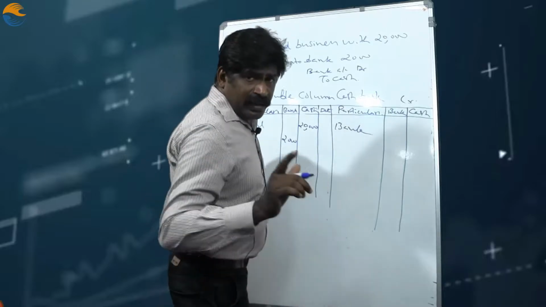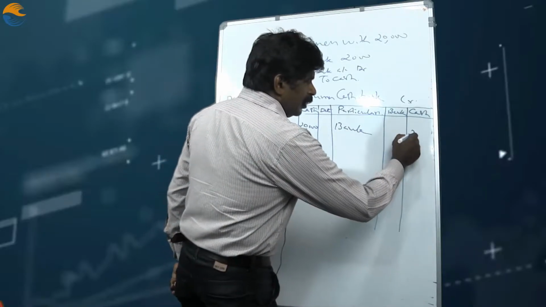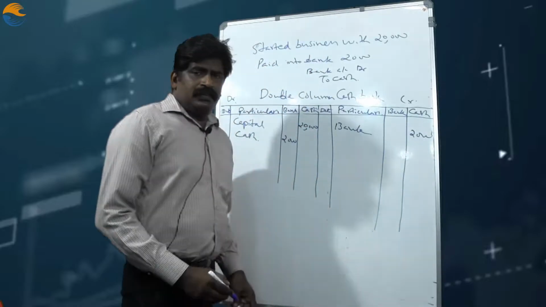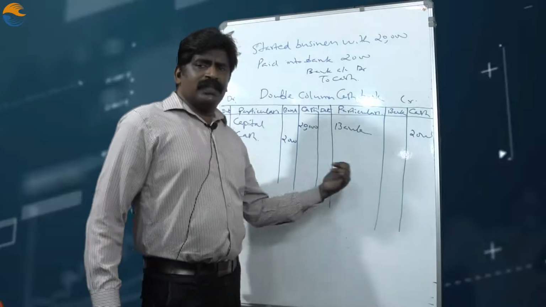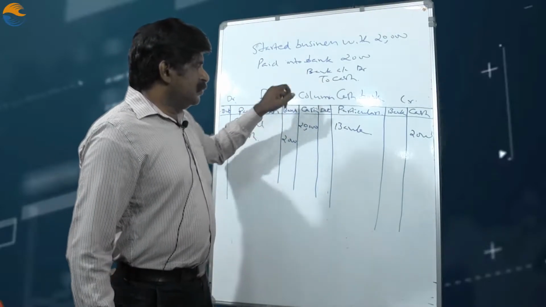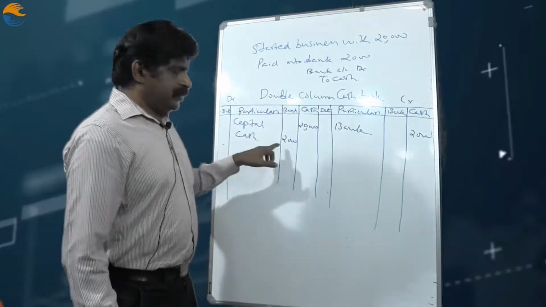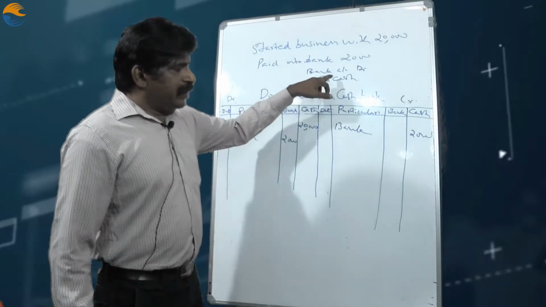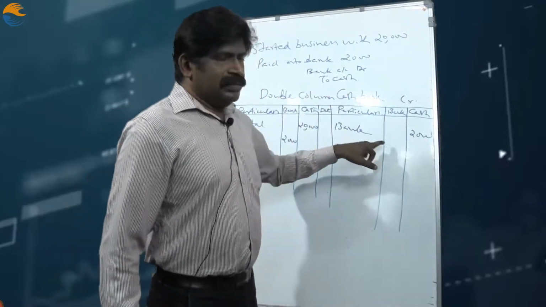It is to be written in the cash book as by bank. So the amount should be shown on the cash column. So this transaction appeared on both the sides of this account. In the bank account, that means in the bank column, we write as to cash. In the cash account, that means in the cash column, we write as by bank.